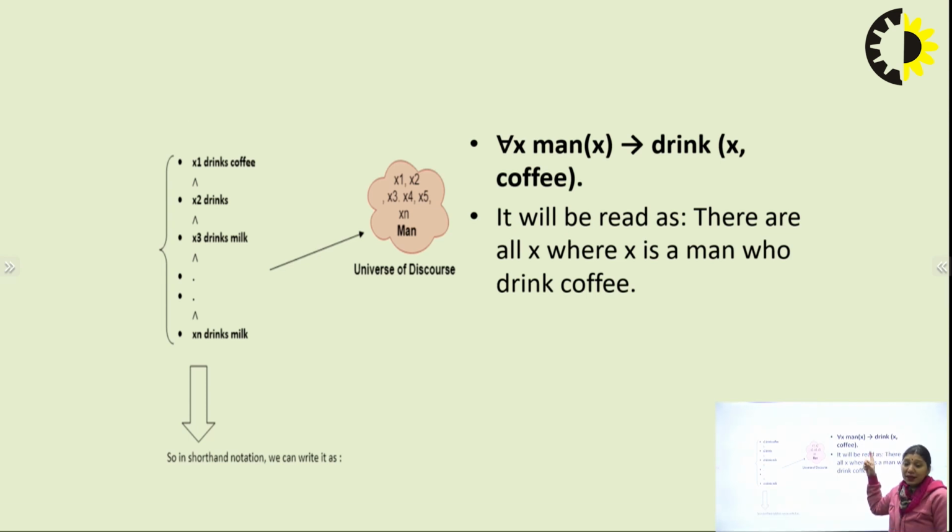And what is x here? Here x is your men. Remember that. Now x is a quantity which we are representing. Man x implies drink x comma coffee. Getting my point? So you should understand these basic statements, by which if you face complex statements, at that time you can easily express those statements in terms of these quantifiers.